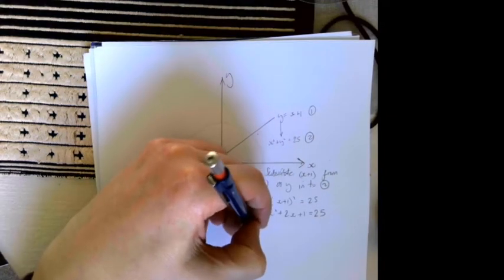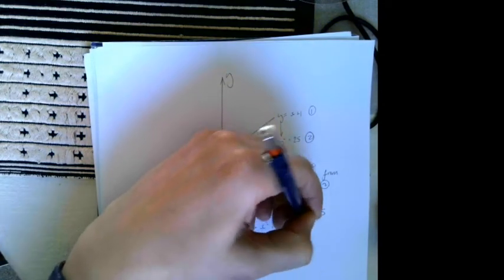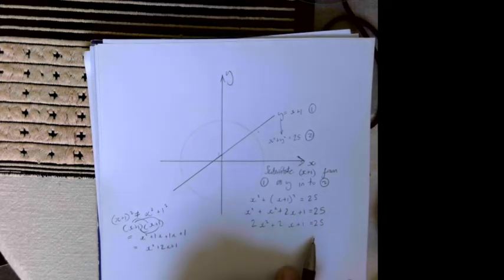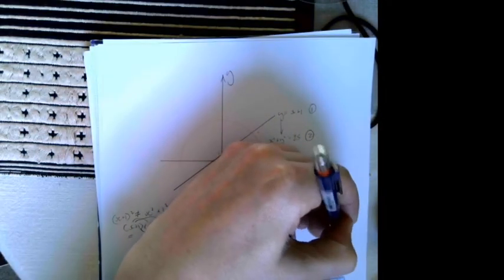We're going to start by grouping together our x squareds, and that will give us 2x squared. So we've got 2x squared plus 2x plus 1 equals 25. And whenever we've got a quadratic, arguably there are other methods, but generally speaking the rule of thumb would be get everything onto one side so you can equate the quadratic to 0, and that's what we're going to do. So if I subtract 25 from both sides,